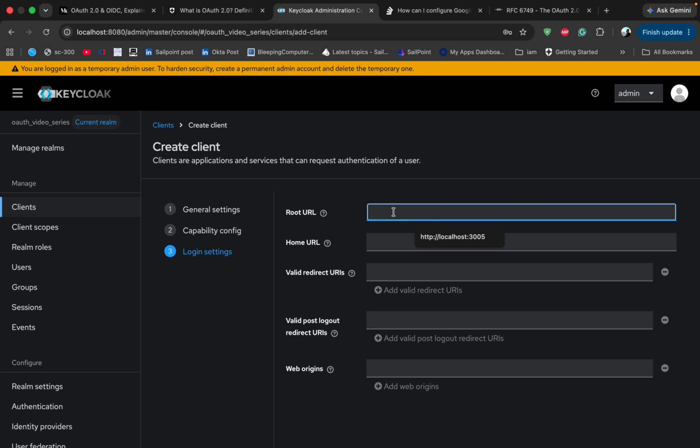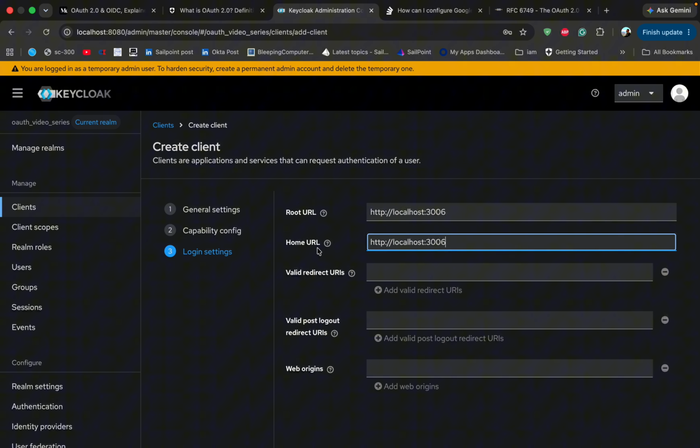For example, like localhost 3000. We need to tell our authorization server where it can give us the authorization code. So for that reason, I need to configure the root URL. This will be the home URL,